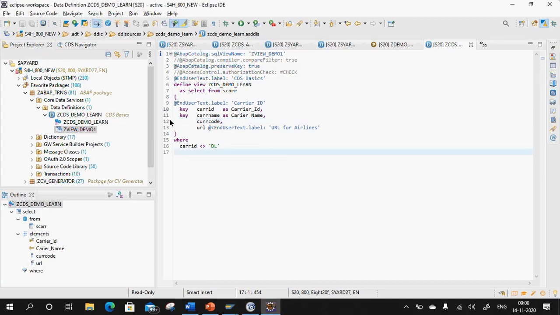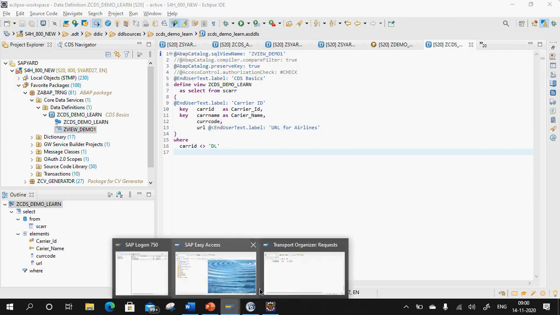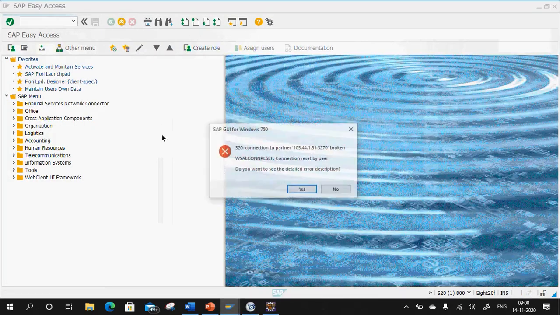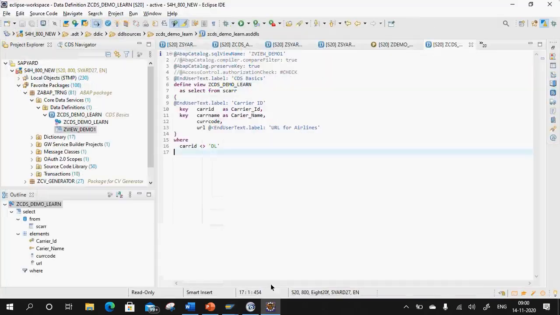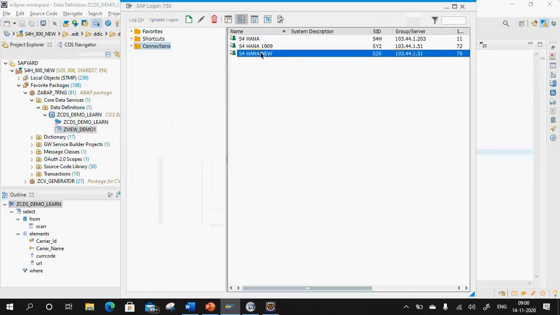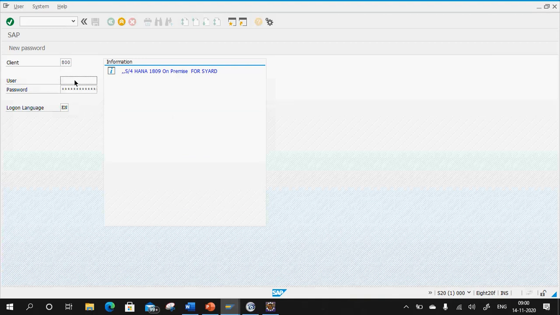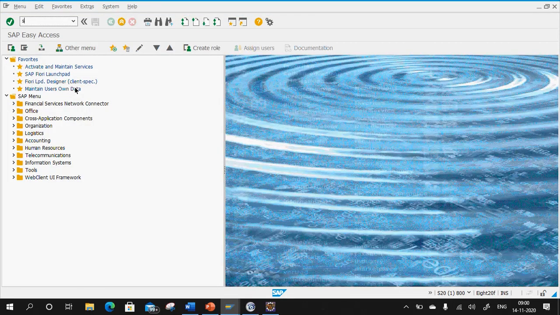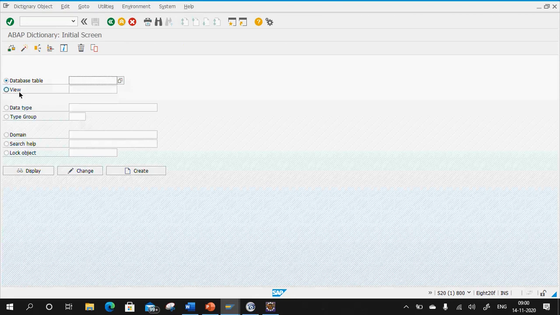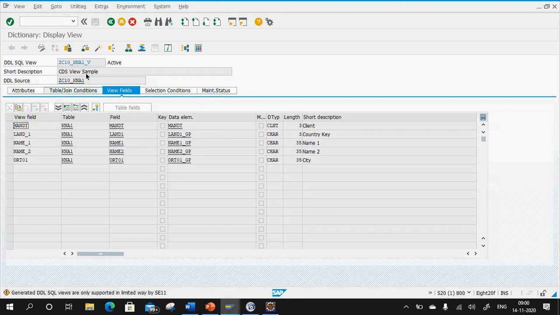ZC10 KNA1_V. Let us see. No, where is the dump? I did not get it. Yeah, view the data.